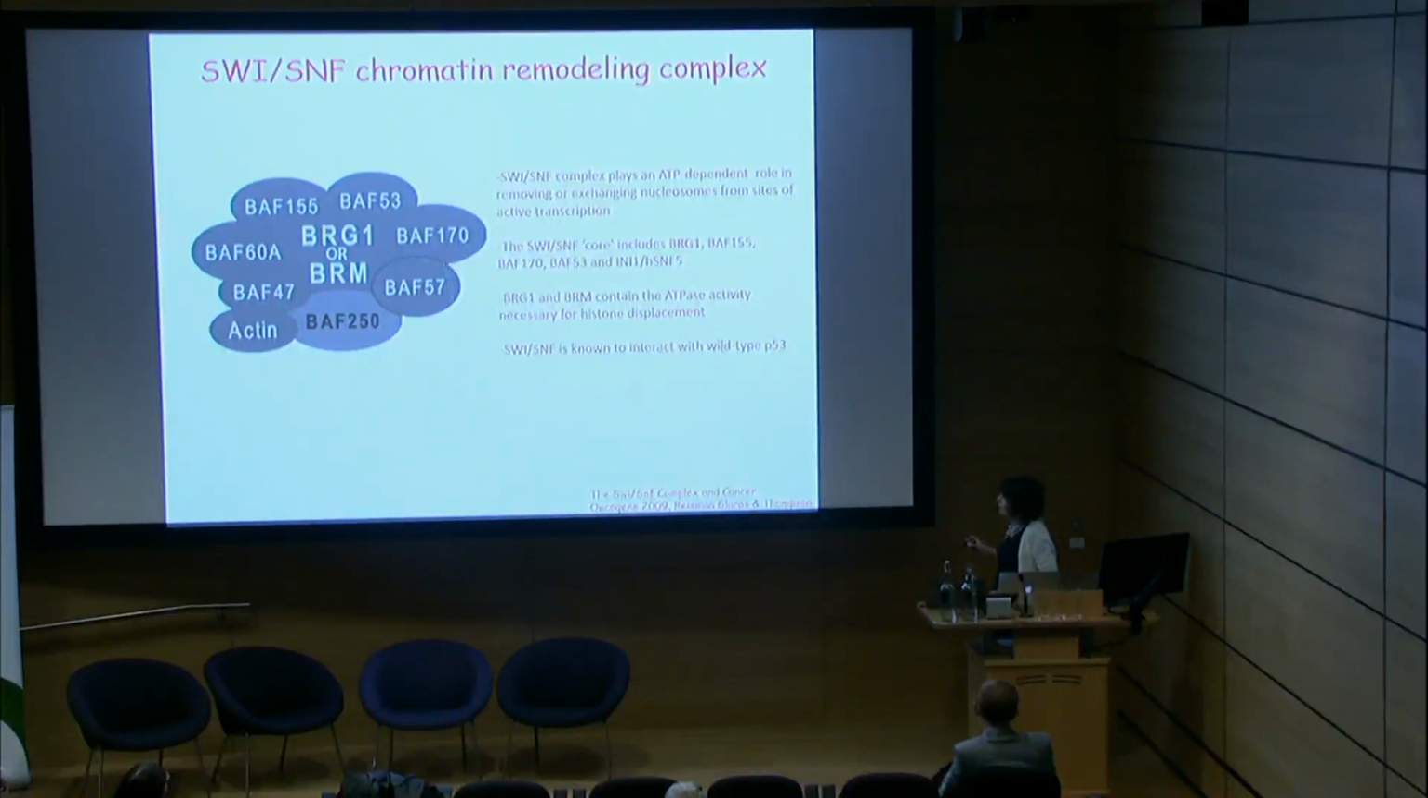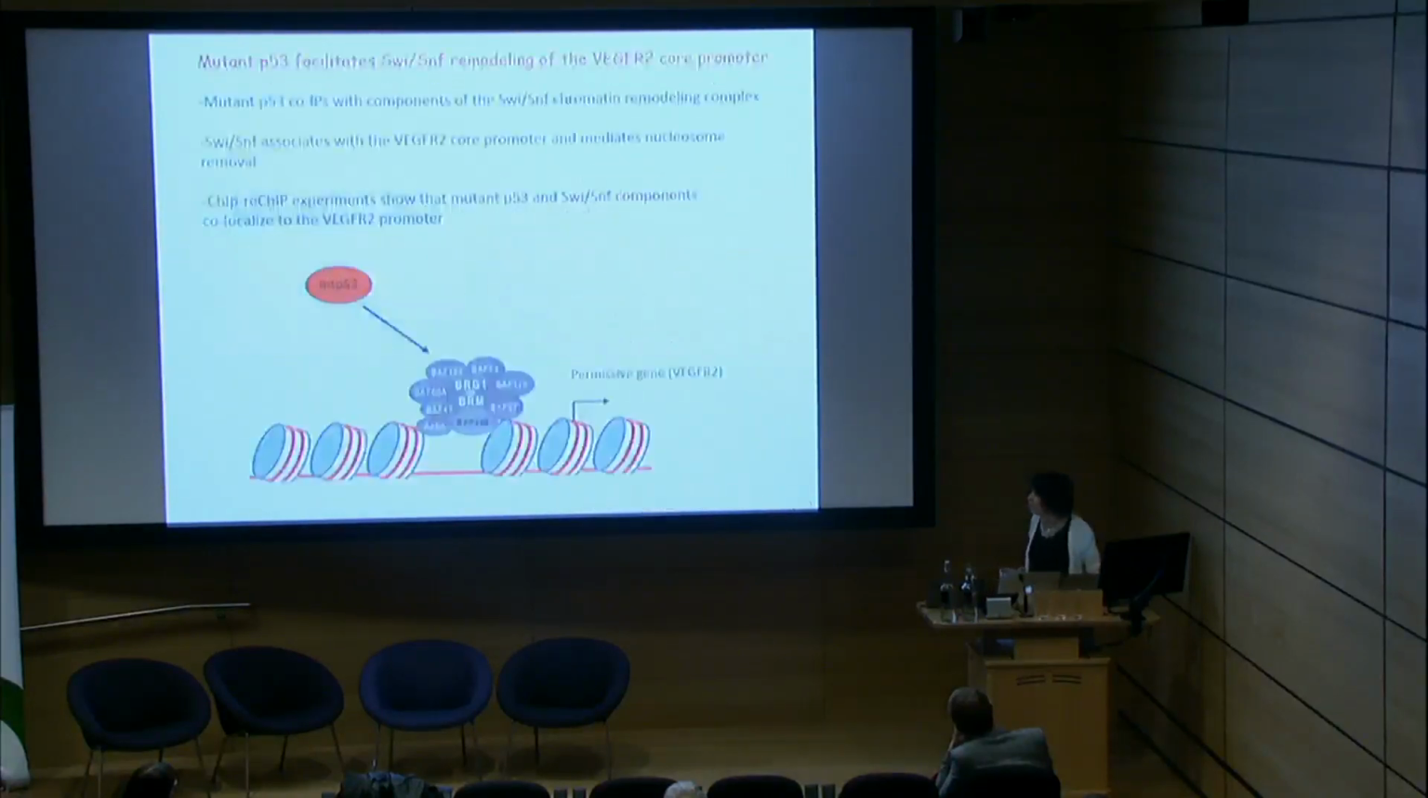And basically, what Neil was able to show was that by immunoprecipitating mutant p53, he could co-immunoprecipitate several of these subunits, and developed a hypothesis as well as some evidence showing that mutant p53 and BRG/BRM work together to stimulate chromatin, essentially nucleosome eviction, from the VEGFR2 gene. He then did a global analysis, collaborating with Vitaly Fomin in the lab, and